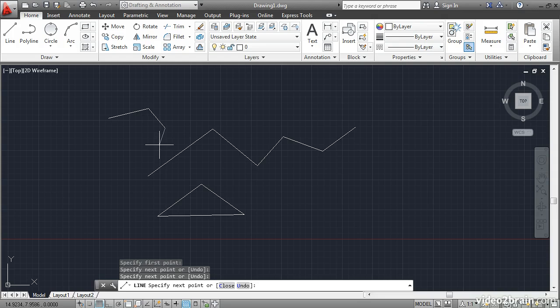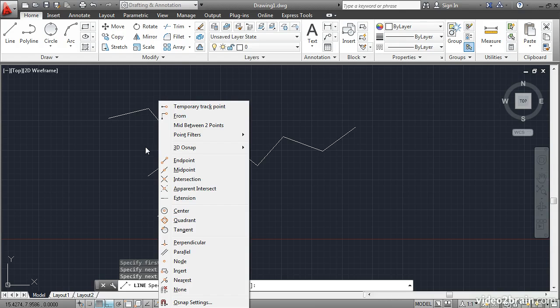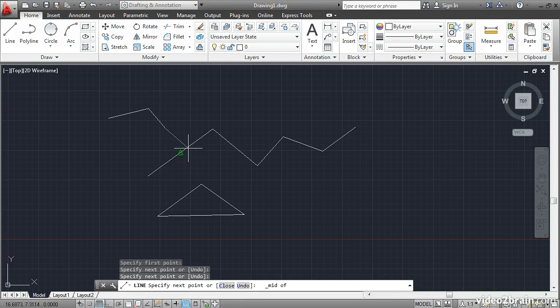Now I'm going to hold down the Shift key and right-click to open a special context menu that has a list of object snaps. Object snaps allow you to connect objects to other objects at specific geometric points. I'll click midpoint and move the cursor around, and you'll see that green midpoints will appear on each line segment. This allows me to snap precisely to these specified points. So the object snap is a bit like an adjective in this sentence that I'm writing. I'll click here to draw the line segment,